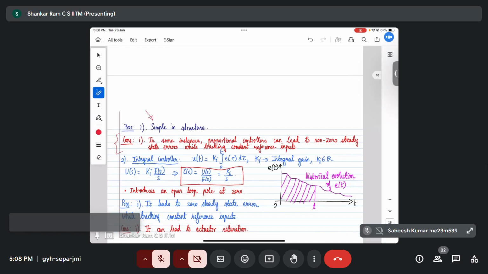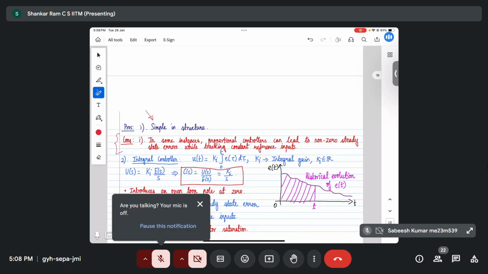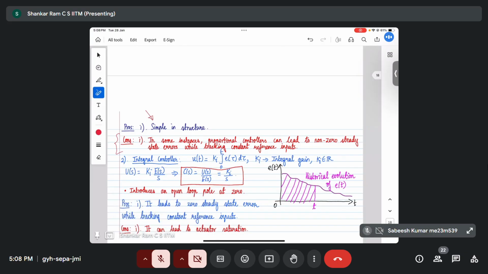So if it doesn't work, we need to have alternatives, right? What are the alternatives? So we go to the other two blocks. Okay, so the next block is what is called an integral controller. As the name indicates, here we are going to deal with the integral of error. Okay, so we observe that in the integral controller, the controller input is proportional to the integral of the error